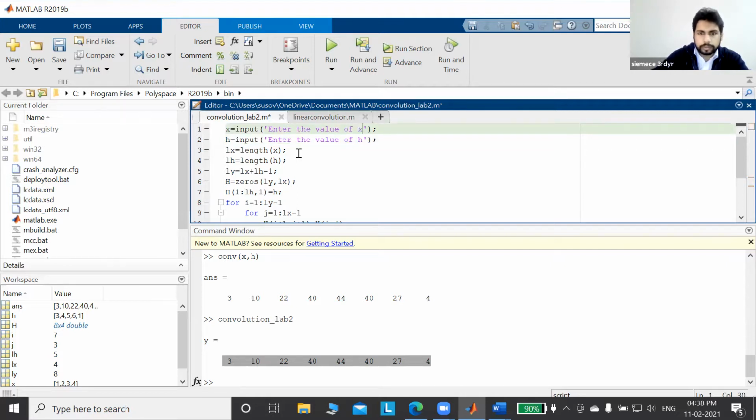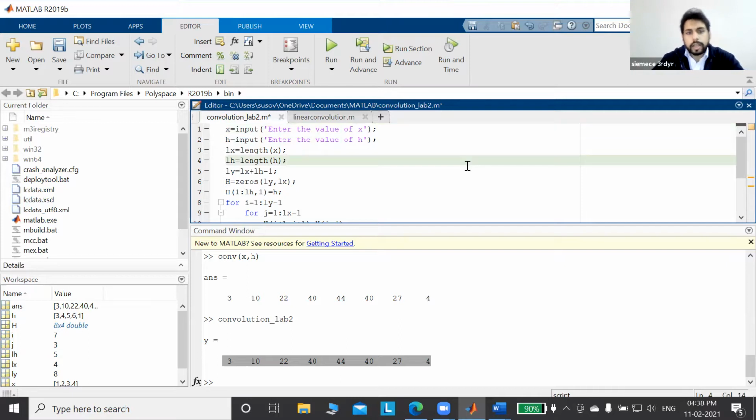This is small x. Enter the value of h. So it will ask the user to enter the value. So you can change the value to anything.